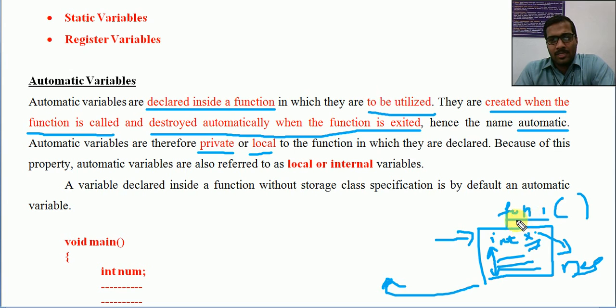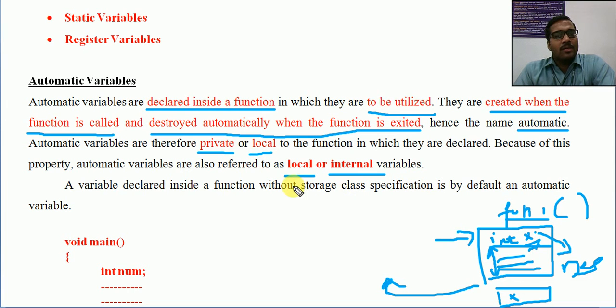If we have another function, we cannot access this x there; we can have a separate x, but not access this one. So they are private or local to the function in which they are declared. Because of this they are called local variables, or internal variables.